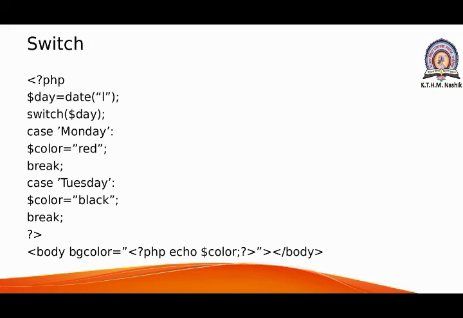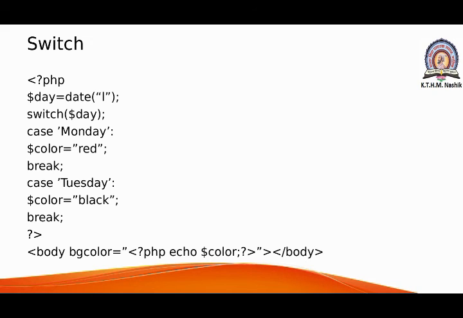That means in switch, a case is given with the label, and if that label is valid, then that will be displayed only. Even if many cases are there, the program can be easily understood, and anyone can understand it when he reads it. So here again we use the HTML tag and the PHP program again. Body bgcolor equal to, within double quotes, again we start the PHP program with the display statement, that is echo $color according to the syntax, semicolon, and end of the PHP tag within double quotes again.